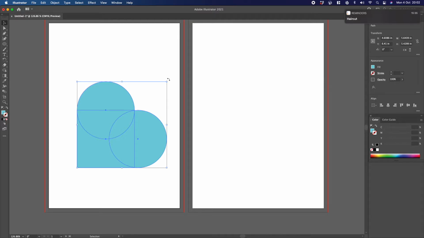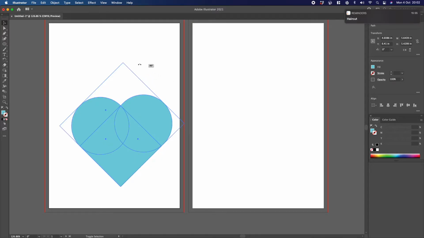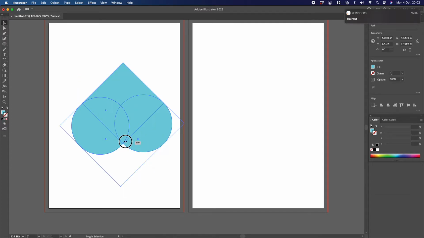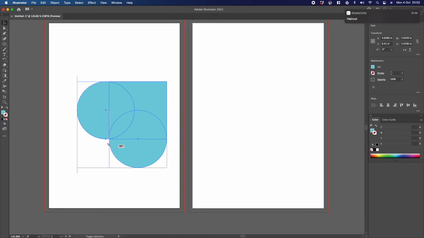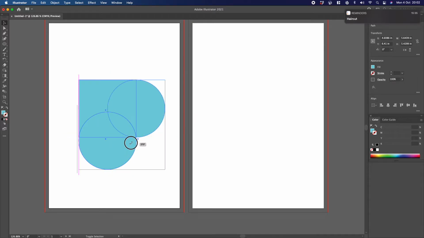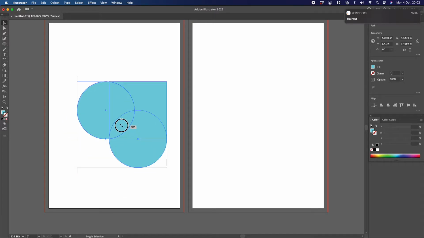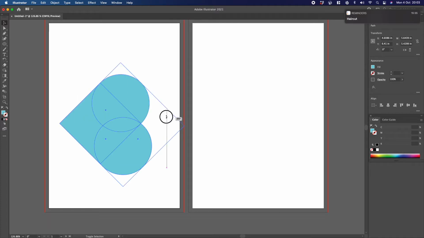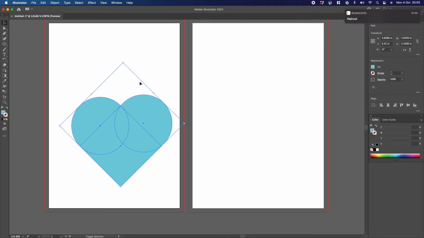If I move the cursor outside, it turns to a curved arrow. Hold the shift key down, click and drag. And that will move it in 45-degree chunks. So that's 90, 135, 180, 225, 270. You'll eventually get it back to 360. Anyway, let's get it into position there where we want it to go, which is one more. There it is. So that's my heart drawn,